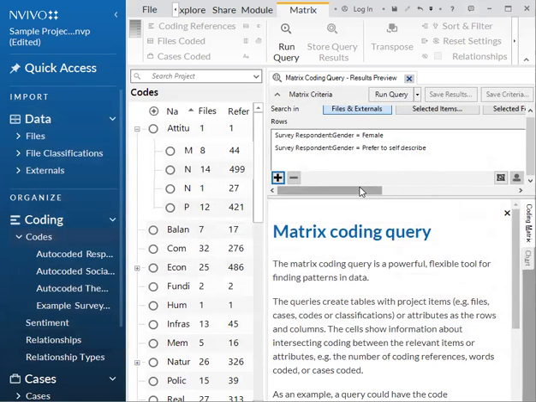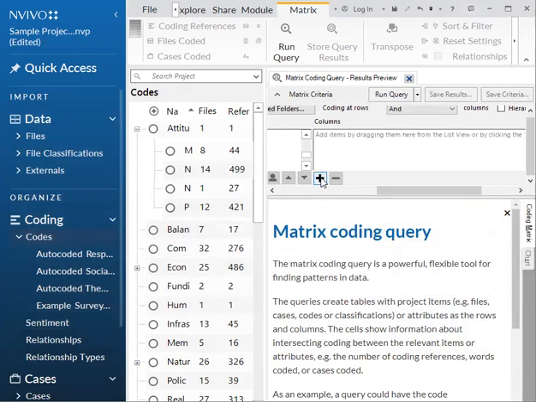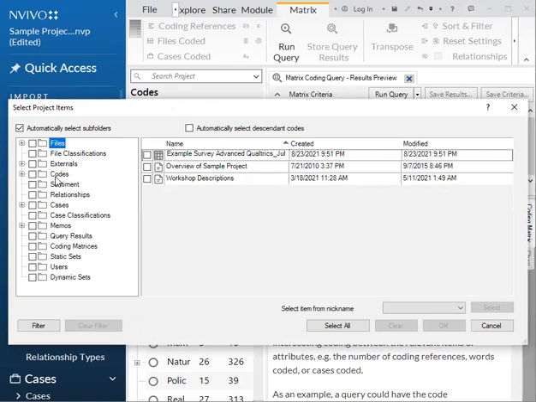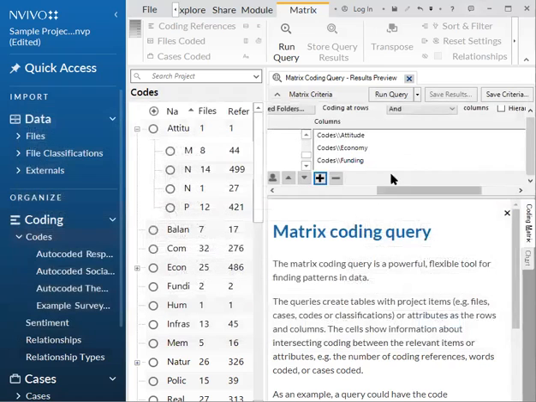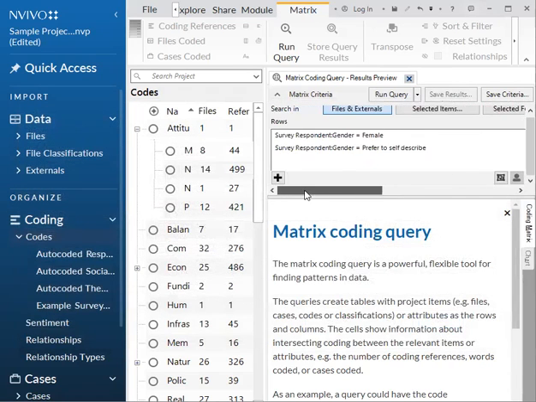So the different gender options are selected. And then we're going to go to columns and hit select items and go to codes. And you can choose which codes that you want to see in your columns to compare the coding between different groups of survey respondents. So I'll do economy, funding, and attitude as my codes and then hit OK. And there we go.